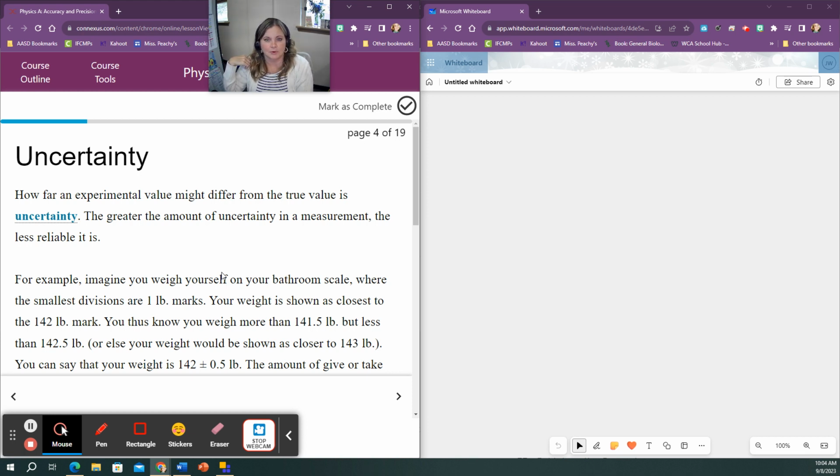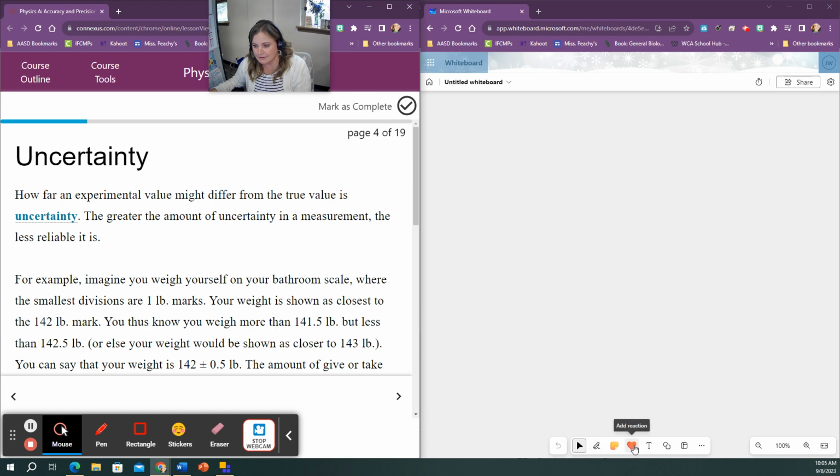Where it gets a little bit trickier is when we start talking about uncertainty, because there's a degree of uncertainty in every measurement that you make. Depending on the instrument you're using, that uncertainty is more or less. Some instruments have smaller markings on them. The smaller the unit on the instrument, the more precise it is and the less uncertainty the instrument has. Just as an example of that,